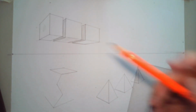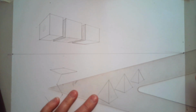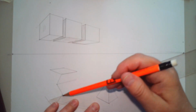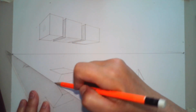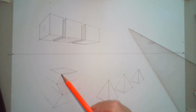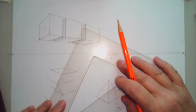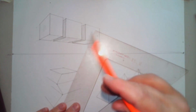So what I do is I go into what I call the inside corners, this one and this one. If I go ahead and line those up with their vanishing point on their side, this right one here and this right one here, like that, and then I do the left side, just like that. Okay, that gives me some corners here. Now all I have to do is end this exactly like each segment, and I do one little segment at a time. Line it up, lining it up from here to here, slide it without turning it too much, without turning it at all really,